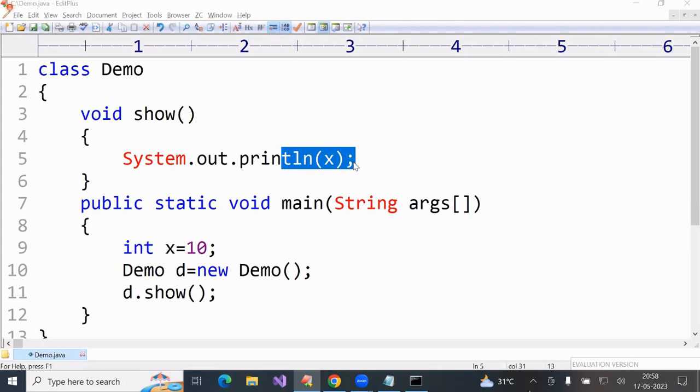Let's say D. If the main method is non-static,